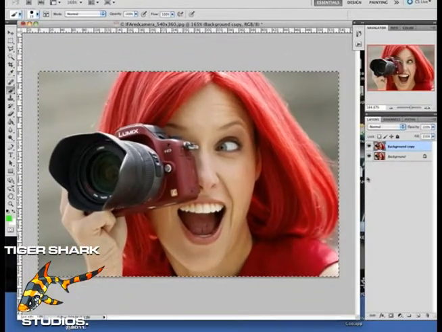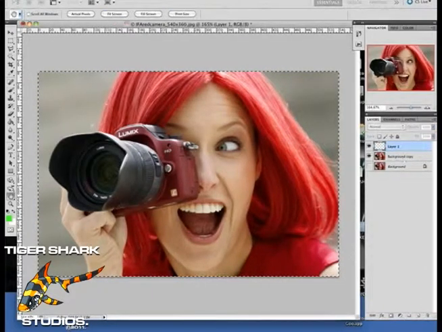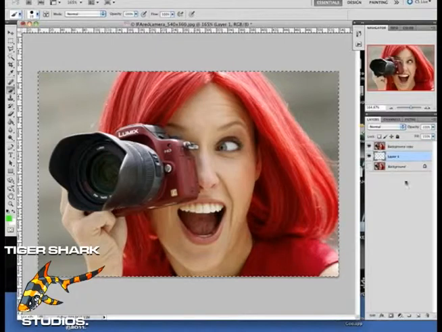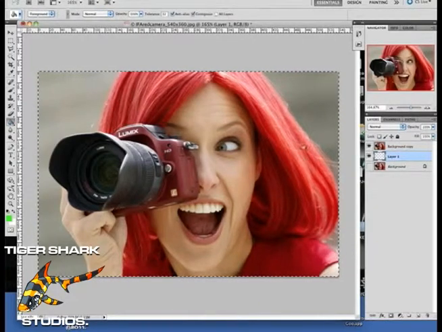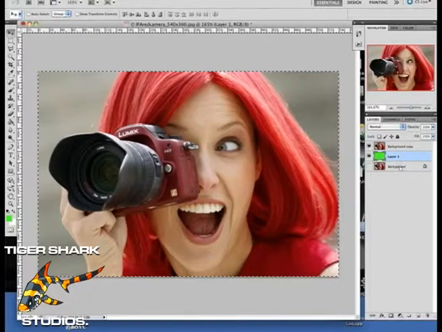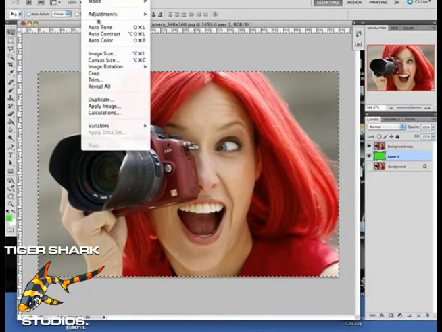There we go, that's back right. I'm going to hide that one and I'm going to make another layer. I'm going to fill that with my green, which is a color I don't draw with, and that's going to represent my background color or my transparency color depending on how I use it. Okay, next thing I want to do is say